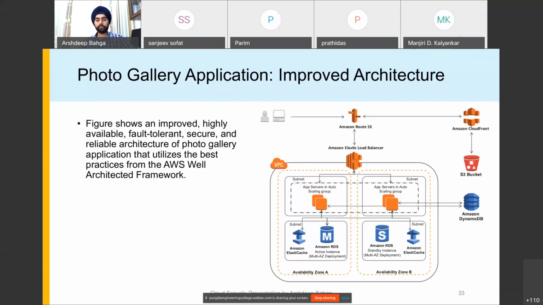Next, we have used a virtual private cloud topology, and we have different subnets within the VPC. So your database and your application servers are running within an isolated portion in the Amazon cloud. They are not running alongside any other company's servers. So a VPC, or virtual private cloud, is an isolated portion in the Amazon cloud dedicated for your organization.